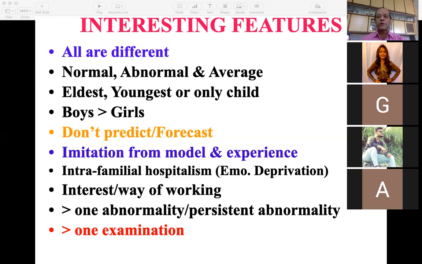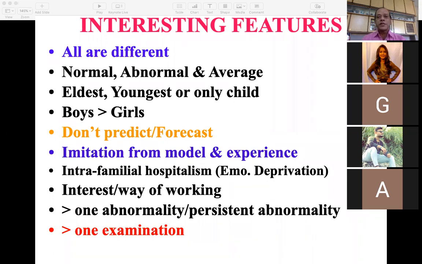As I told you during the various parameters also, what we have given is a simple way to remember the things. But what is a normal height, what is normal weight, what is abnormal weight is very difficult to define. So what we can label is average. It's very difficult to label as normal or abnormal. So what we want is average parameters.